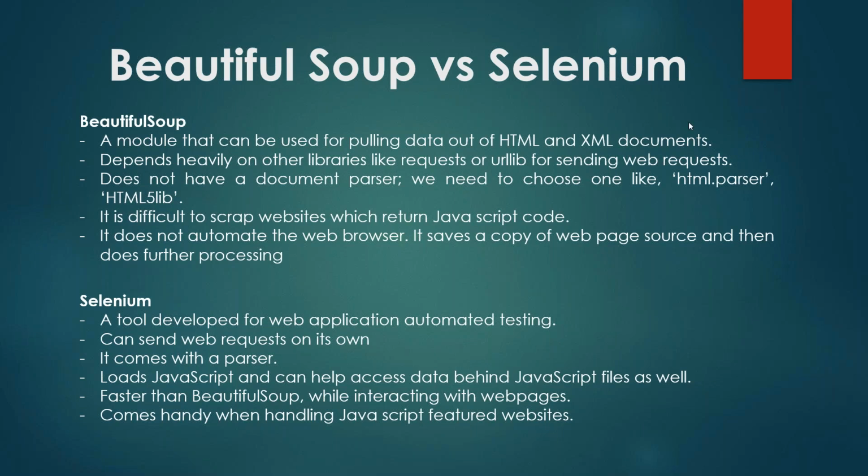So in short, you can say Selenium is an extension: whatever Beautiful Soup is not able to do is overcome by Selenium. With the help of Selenium, we can do all the things which you were not able to do with Beautiful Soup. Yeah, faster and less code. I don't know about economical, but yes, it is faster and less code. Is it clear till here?